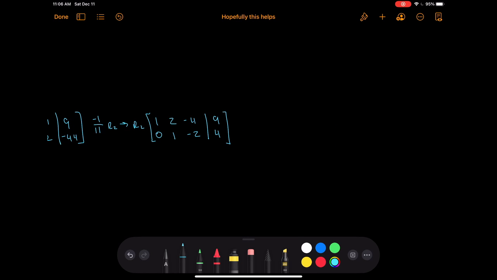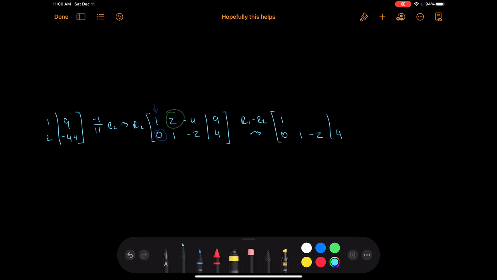And then lastly, we could just get rid of this 2 simply by subtracting twice row 2 from row 1. And this would be very convenient because our 0 over here won't affect this lone 1 on the top left. And so we're going to do this simple calculation. So the bottom row remains the same, and then the top row we have our 1,